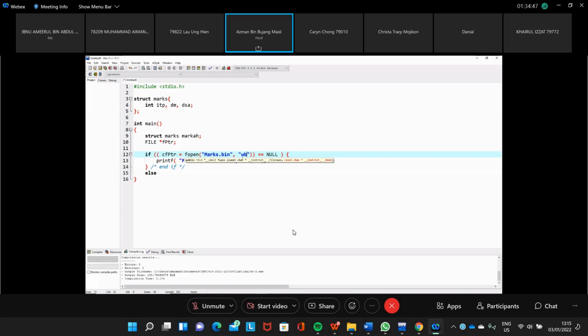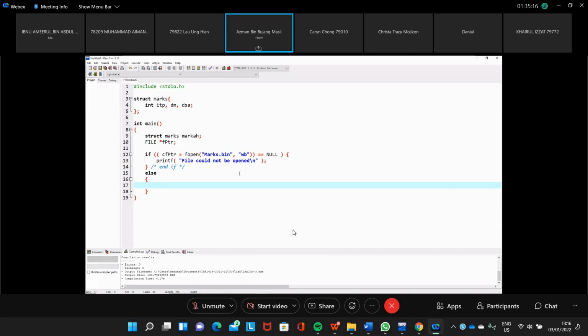With WB, if you don't have the file, it will create the file for you. You open for writing, similar to W for a sequential file, but this one is actually for a binary file. So if it is null, then we put it like that, else we just do this one.